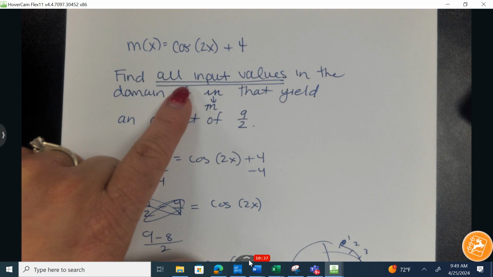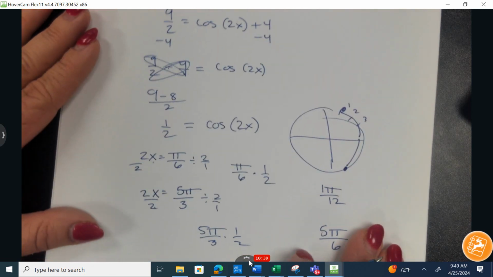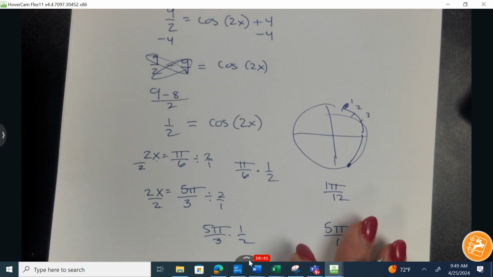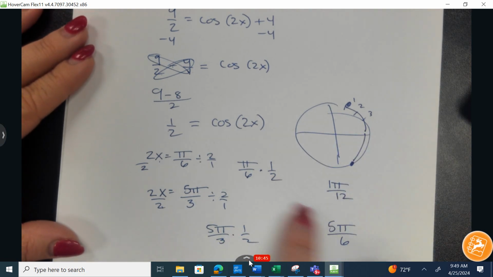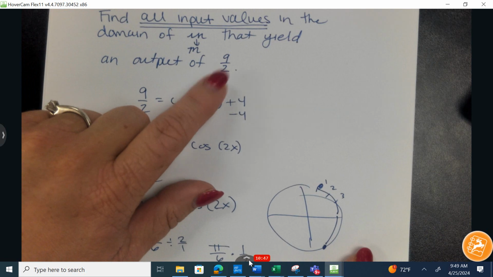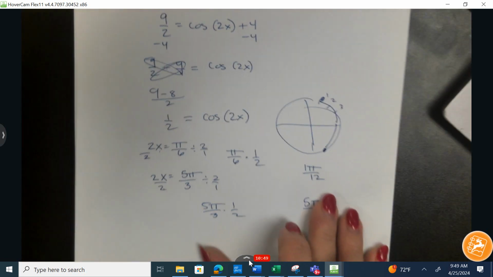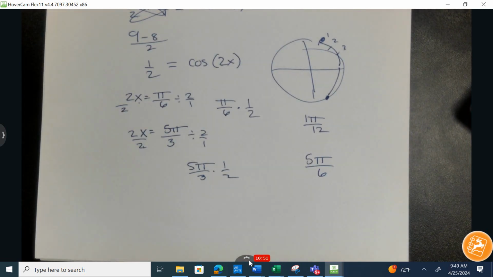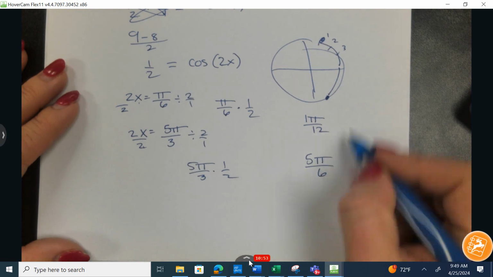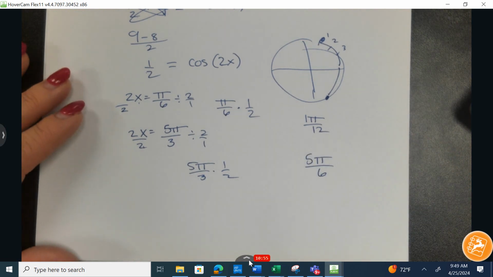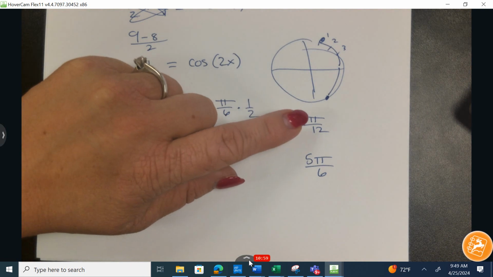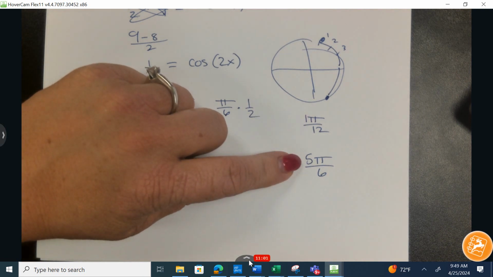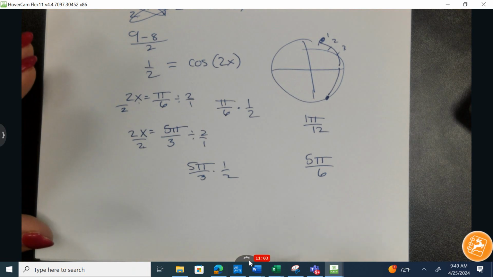But here's the key. When it says find all input values, that's not saying that you're only going to go one time around or twice. You can go as many times as you want. We just want to know when is the output going to be 9/2. So we need to find a way to represent how you continue to go revolutions around and still end up with 9/2. So to do that, I feel confident in an answer here of 5 pi over 6. I feel confident, and so what I'm going to do,